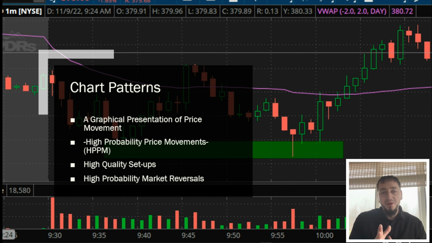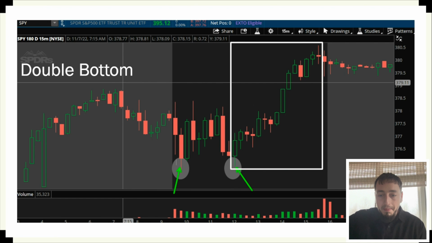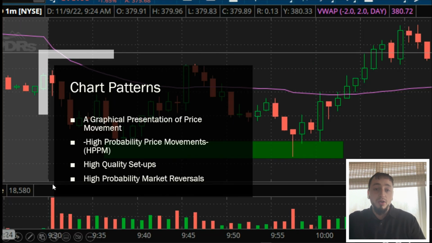Now, don't worry if you don't understand that. We've got another lesson coming up, but basically it means out of a bunch of times you can expect a certain amount of probable outcomes to happen. In this case, out of a bunch of times when we see chart patterns, you can expect price to change in a probable course. So what we use chart patterns for is to identify high quality setups and high probability